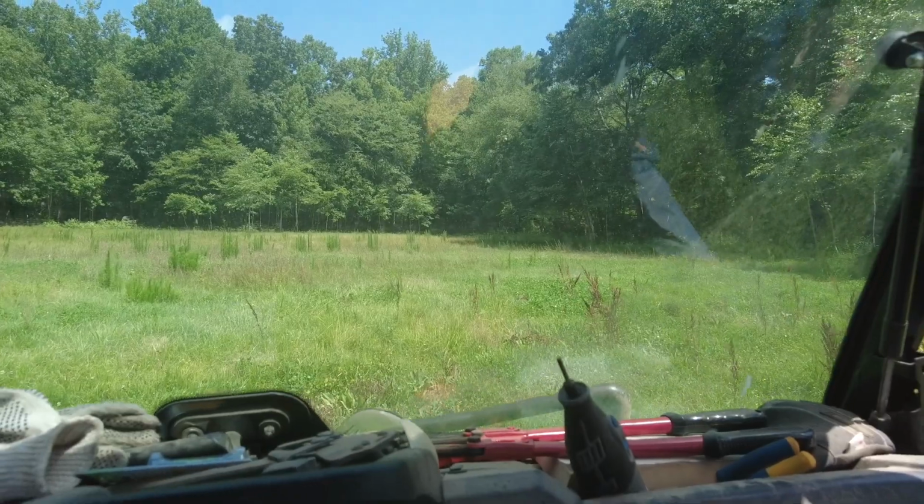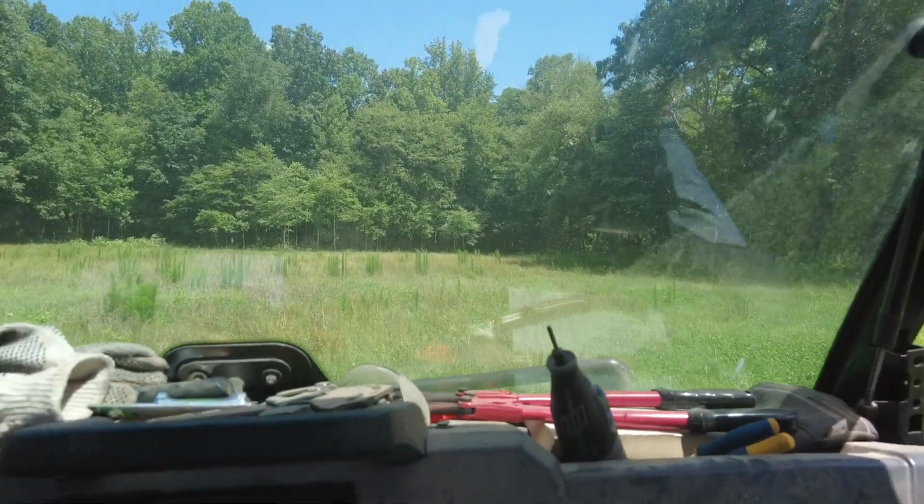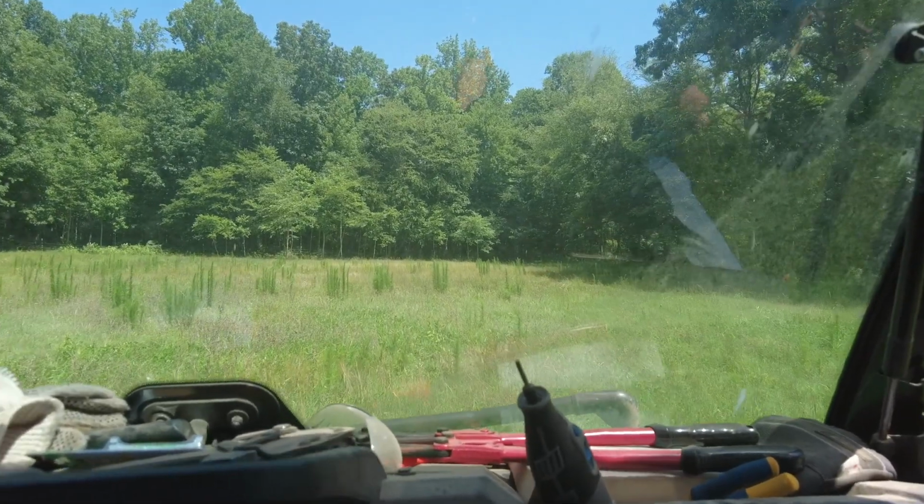Is this a one acre paddock? One and a half. I got two apple trees, eight black walnuts,